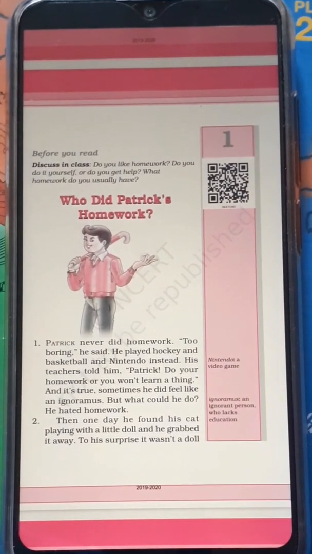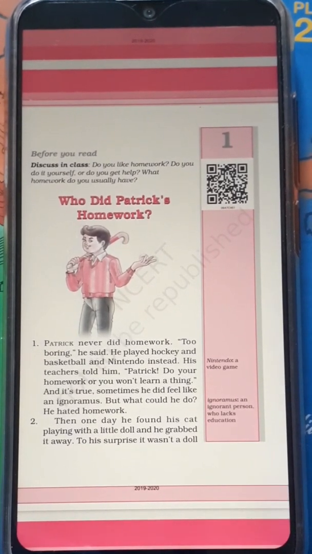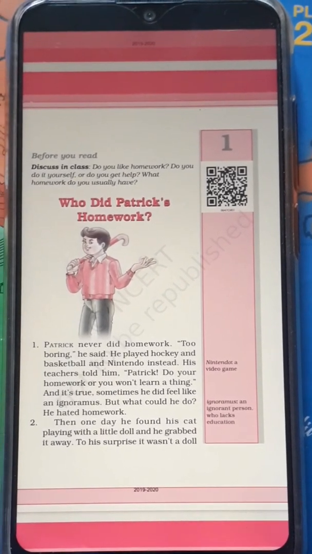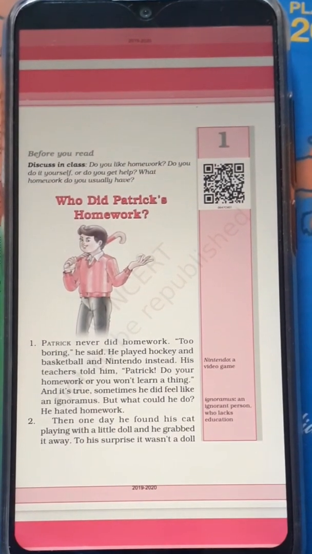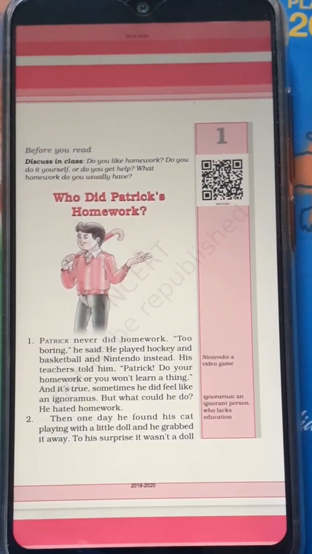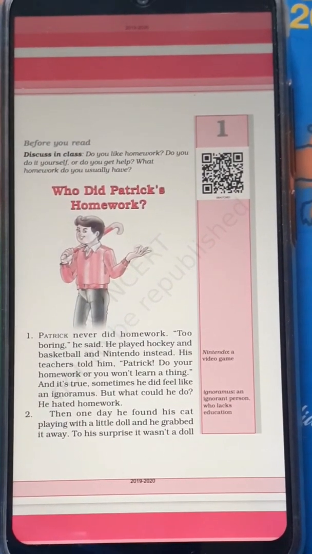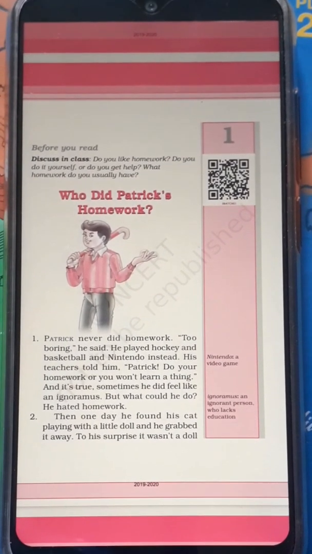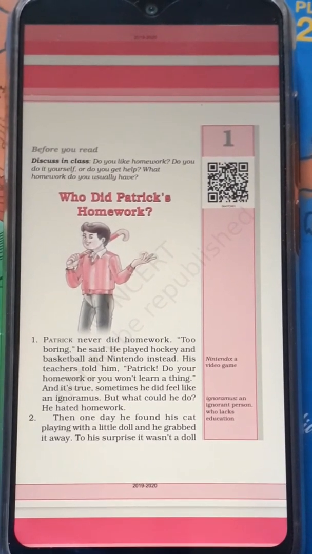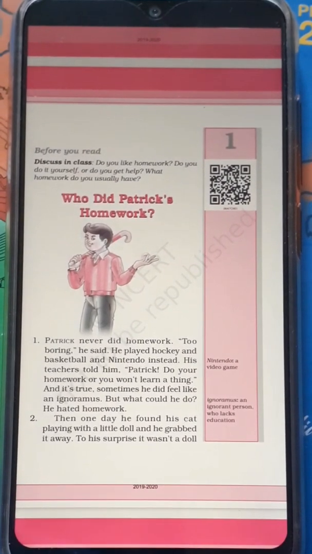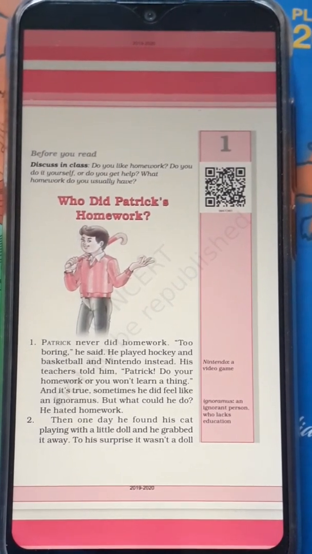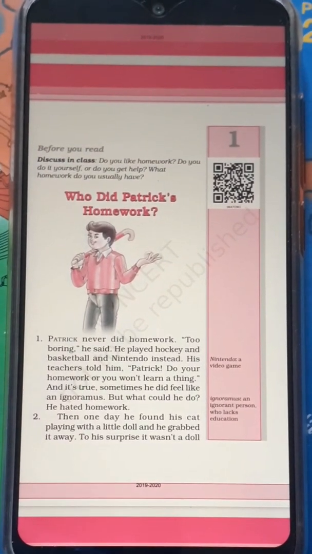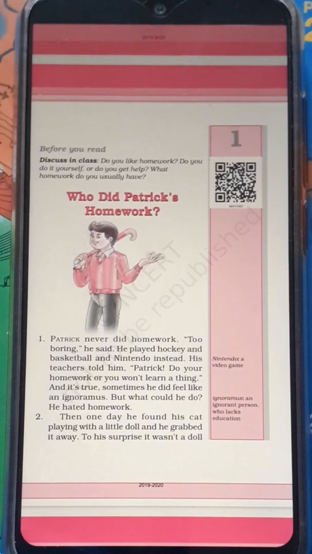This is the story of a young boy called Patrick, a boy who is just as old as you are. Now, Patrick is a bright young boy, but he has one wrong habit: he does not like doing homework as well as he likes doing other activities. As the story moves on, we'll find that Patrick meets a young elf. Elf is a short-statured man. Patrick meets a young elf who is in some sort of trouble, being chased by a cat.